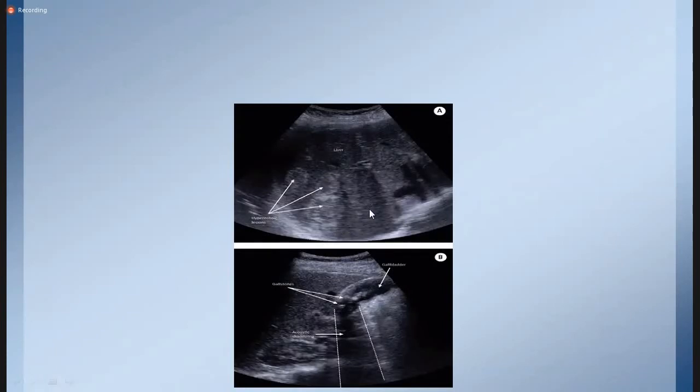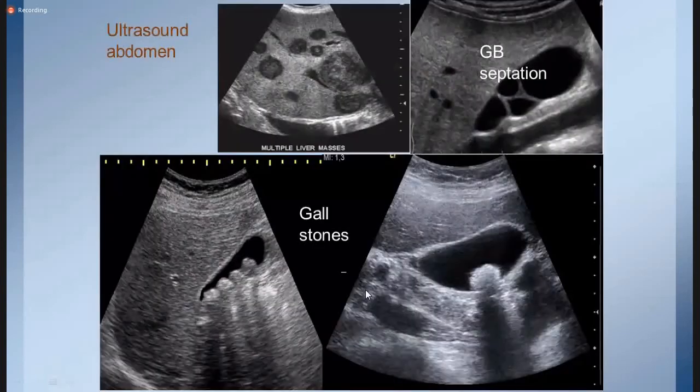So now coming to the abnormal examples of the ultrasound abdomen. This is liver, demonstrating multiple echogenic lesions in the right lobe of liver, suggestive of metastasis. This is another abnormal examination, demonstrating the gallbladder with multiple echogenic foci in its lumen, representing cholelithiasis. Another example, demonstrating multiple hypoechoic liver lesions in the right lobe.